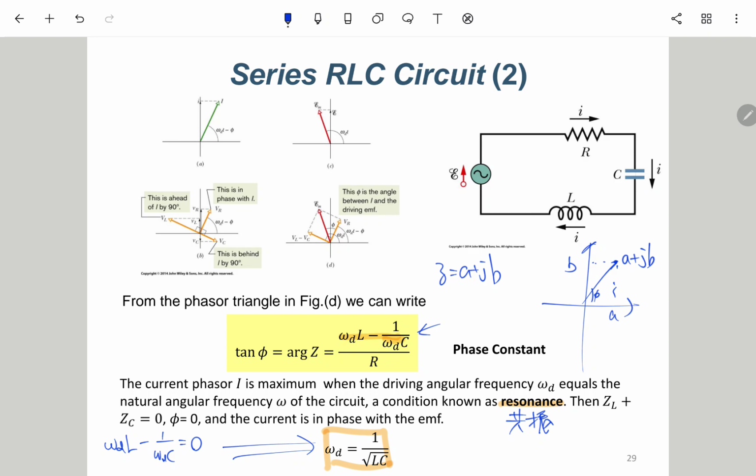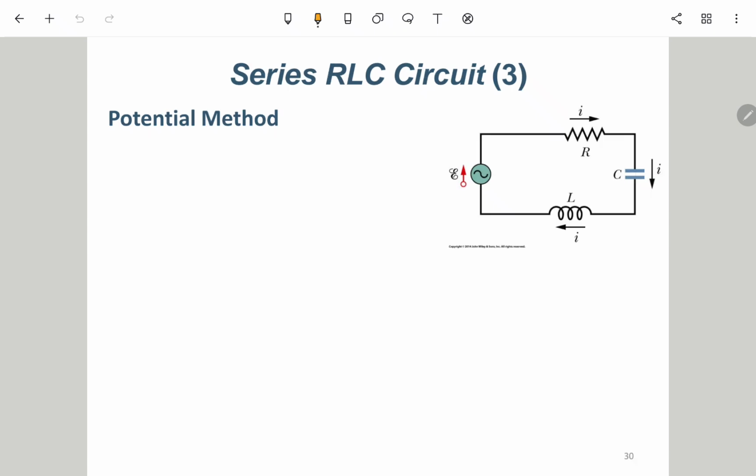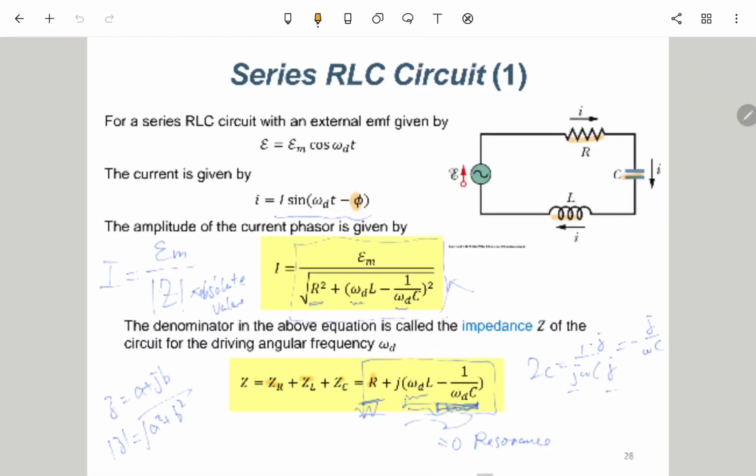This is different from the damped oscillation, where the natural frequency is a little bit smaller than this omega. 那个情况的话是因为没有输入，所以它的自然频率被那个电阻拖慢了，所以自然频率会降低。但是这个的话，因为有一个 AC source 在这里，你的电路的震荡也是同一个频率。那在共振的条件的话，就是 1 除以根号 LC。